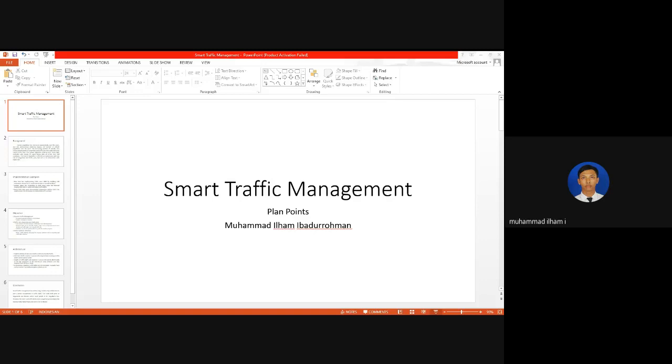Smart city, smart traffic management. The background is that the human population has increased exponentially over the years, and this phenomenon indirectly impacts the number of vehicles over the years. The increasing number of vehicles also means increased risks of congestion and traffic jams that could affect the overall traffic